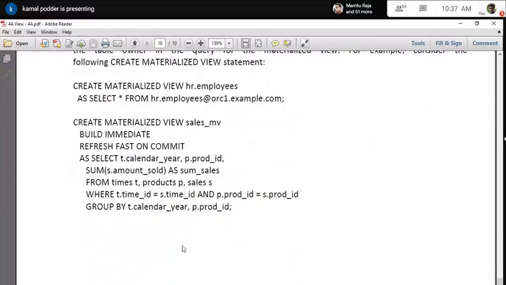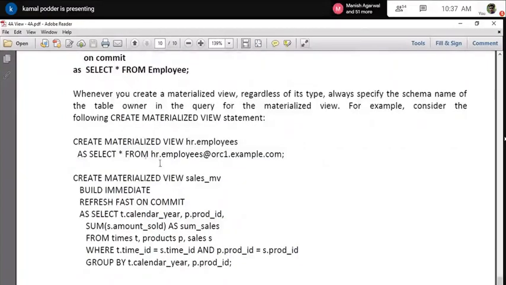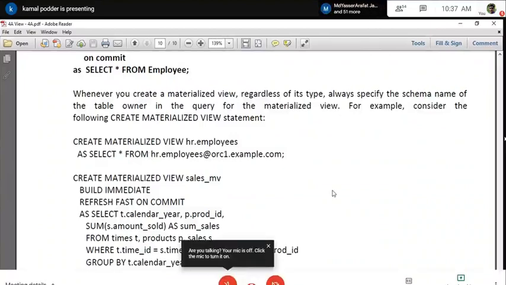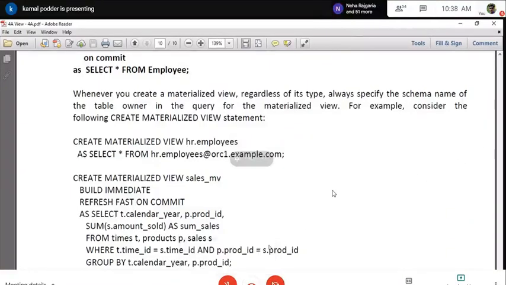There are some more things. Oracle suggests that when you are referring to a table in the view, you should always use the schema name. It is not mandatory, but it is a very good practice, because most of the time when you are creating a view for a data warehouse, it might happen that one table resides in one database and another table resides in another schema in another database.